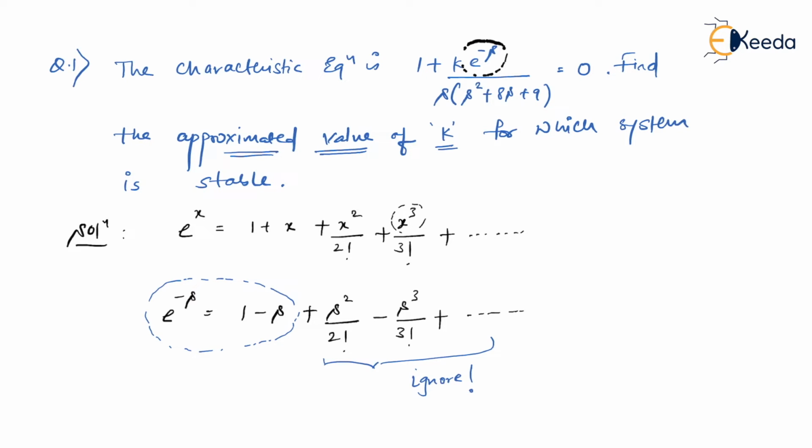The thing is, you can also consider one extra term, that is s square upon 2 factorial. So it will do. The reason I can even consider the third term is that the power of s in the numerator will become 2 and the power in the denominator will become 3, and this is what we want, a practically realizable system where the number of poles is always greater than the number of zeros. So of course you can go for the third term also, and it is also possible that I consider only two terms. So for me, I'm going to consider the first two terms, that is 1 minus s. So wherever there is e to the power minus s, I'm just going to replace this with 1 minus s.